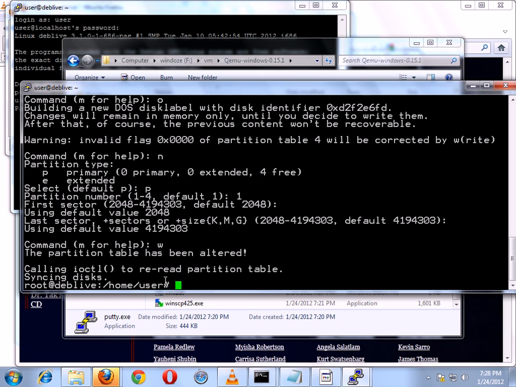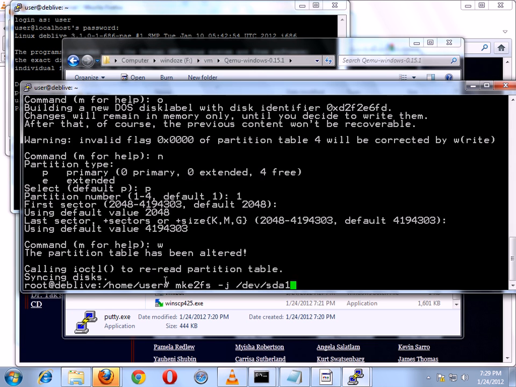The next thing we have to do is format the hard drive. The first step was really just to allocate which part of the hard drive we want to assign to this partition, and what type of partition it is. But we have not formatted the partition yet. So now we can format the partition. The command to do that is mke2fs, make extension 2 file system, dash lowercase j to specify extension 3, and then you specify the partition, which is